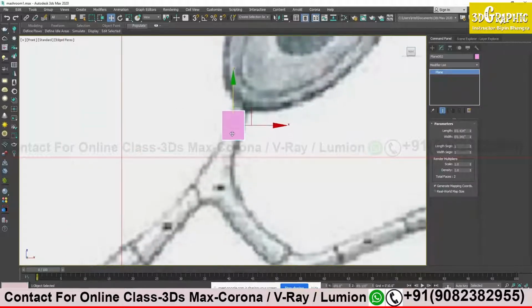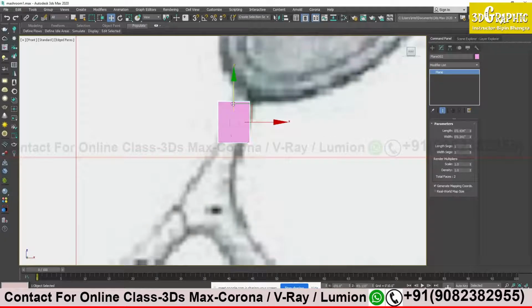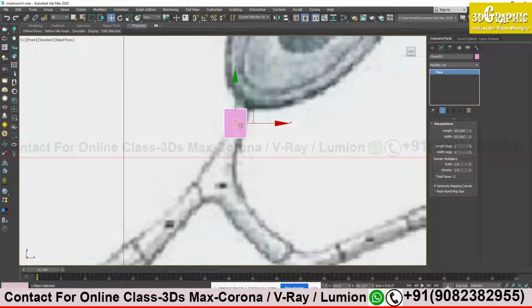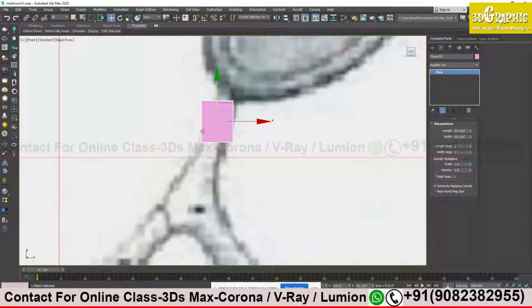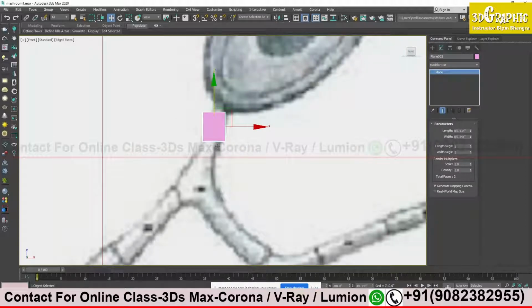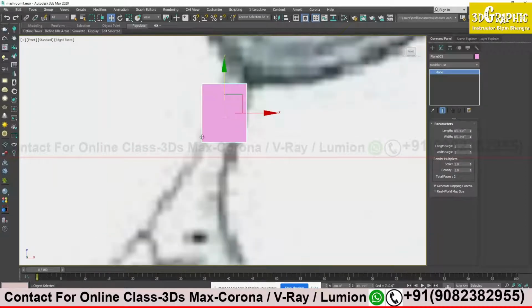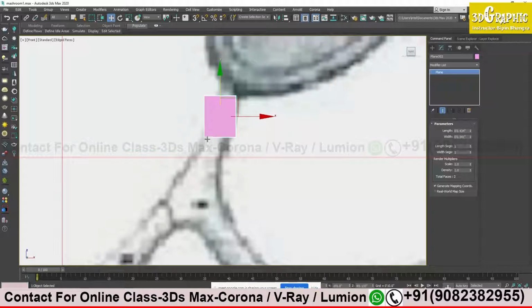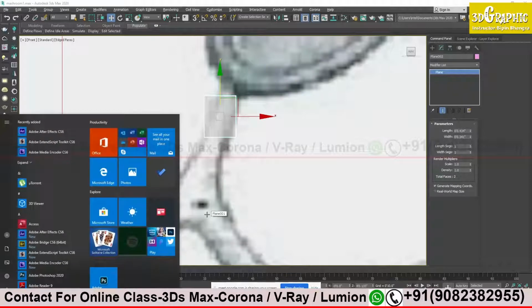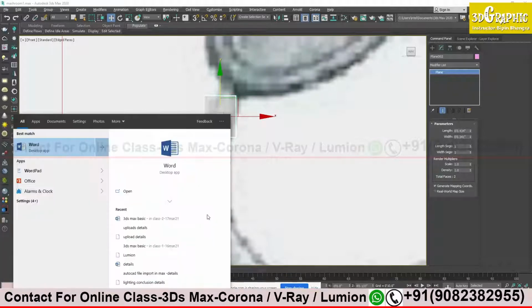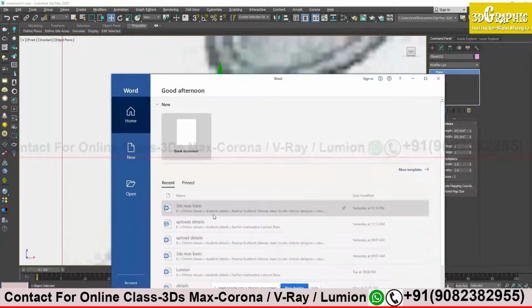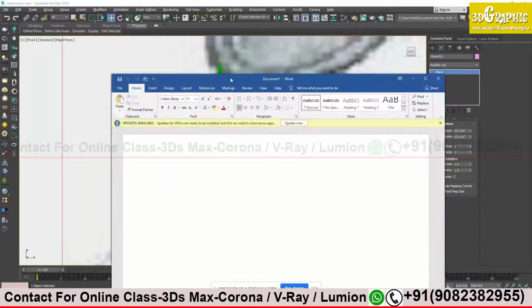So you see now I can manipulate this plane model as per my reference image, but I'm not able to see the backside of it. The line over here I'm not able to see. If I am able to see it, it will be easy for me to model that. So what I can do, I can press Alt X. Alt X is for transparent mode. If I just quickly write it in words, this is a shortcut and an important one. You're going to use it very frequently.